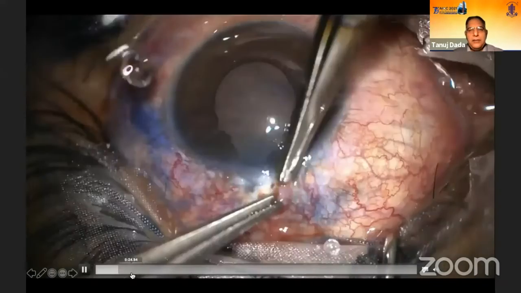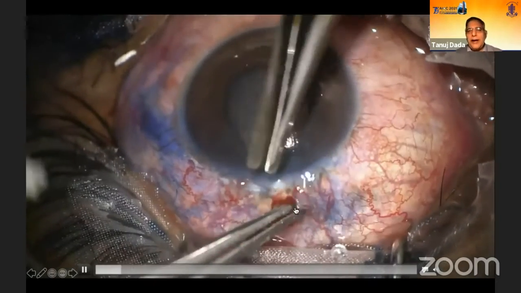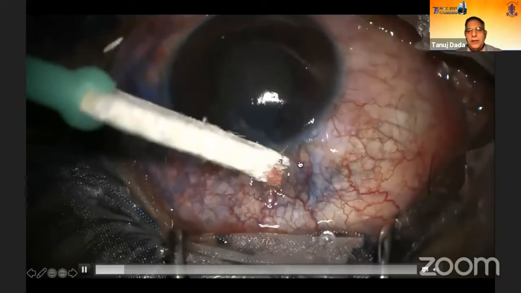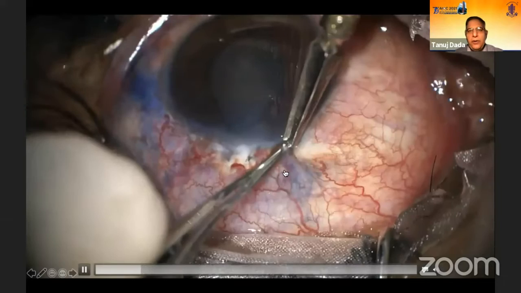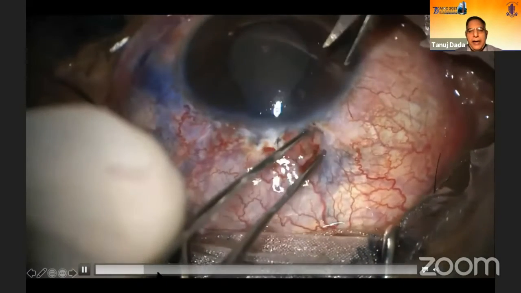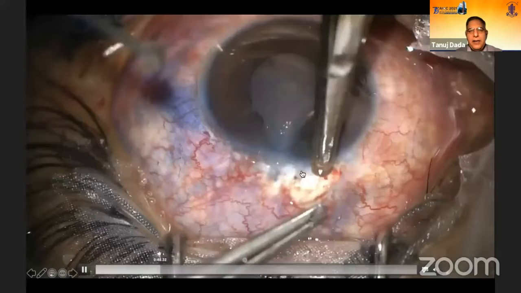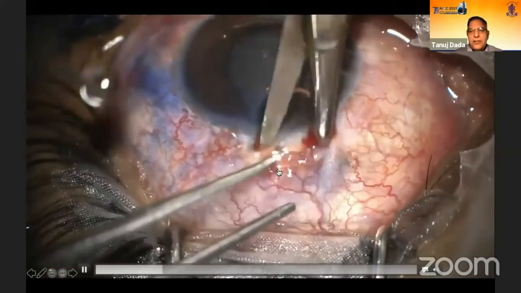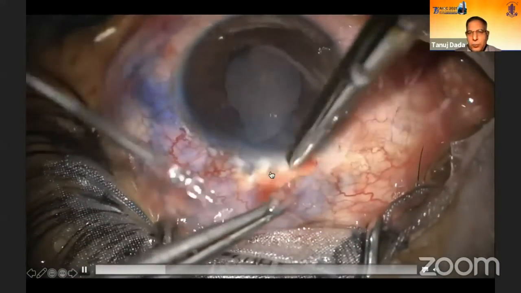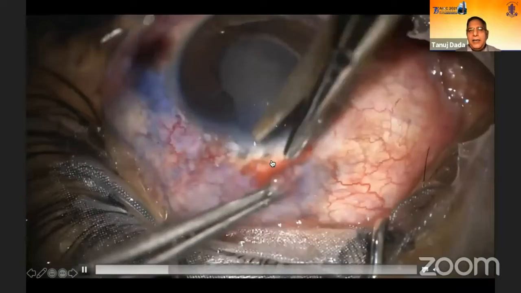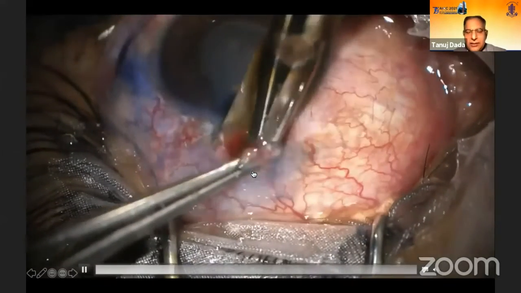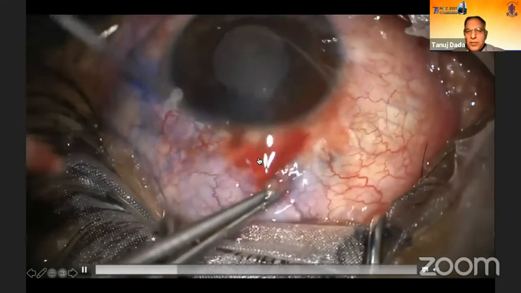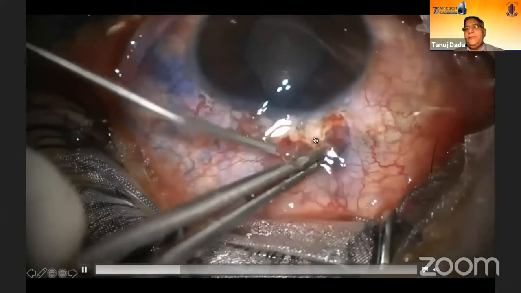So in this situation, you should not try to do direct suturing. You have to open up the complete conjunctiva and do an exploration of what is going wrong. So the entire area has to be dissected. And once it is dissected, you can see there is a small area where there is an active gush of aqueous. So simple conjunctival suturing was not successful. So in that situation, you have to plug this defect.